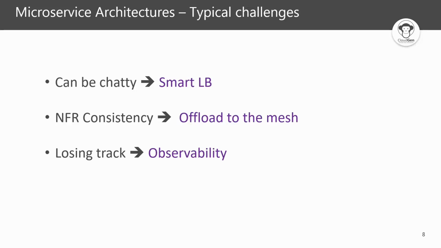Also, a downside of using heavily distributed applications is that at some point you might lose track a little bit of who is talking to whom, and how they are talking together, right? So you lose track of this, and then service meshes in general come with increased observability, where you can really see the full flow of a call. So we have an initial request, and then it goes there and there and there. This is something that can also be tackled with service meshes. So those are quite important features, in my opinion.